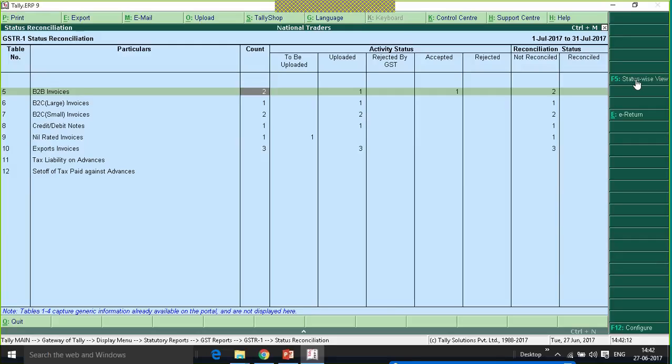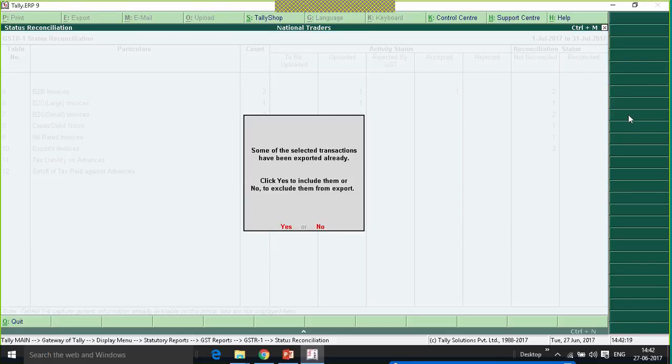Once all this is done, we can generate the e-return. When we generate the e-return, it will say some of the selected transactions have been exported already. We can click yes to include them or no to exclude them from the export. Even if we click include, if an exported transaction doesn't have any modification, it will not get overwritten.